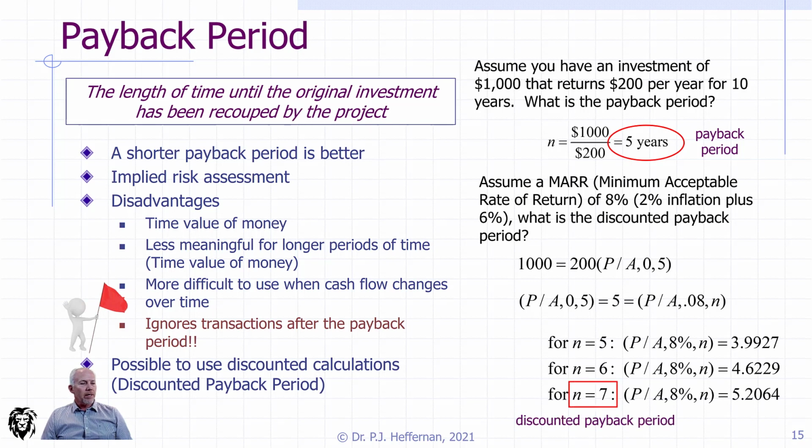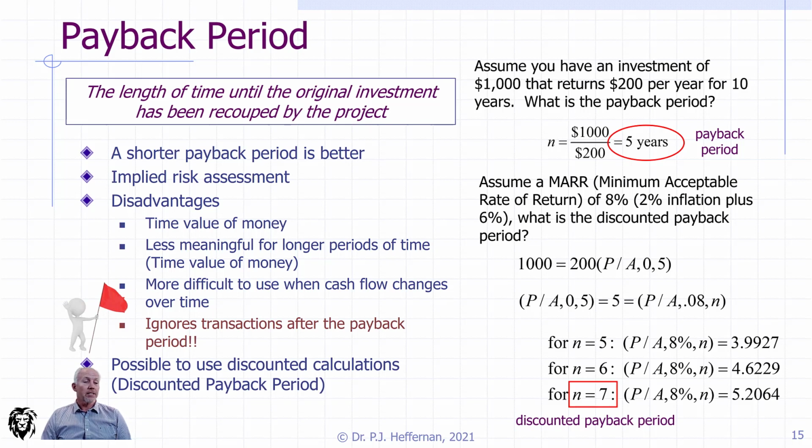And so if we go to the tables or go to our spreadsheet, run it through our calculator, however you want to do that, we substitute in successive values of n. I've shown 5, 6, and 7 here. We get our factor, and we see it's equal to 3.9927 at 5 years, 4.6229 at 6 years, and 5.2064